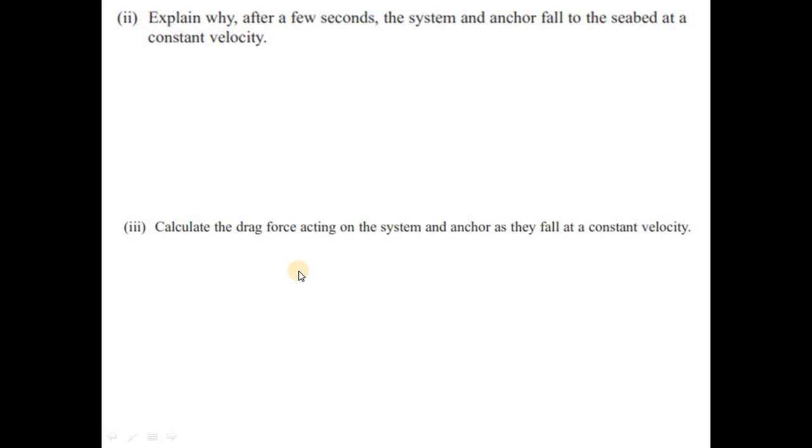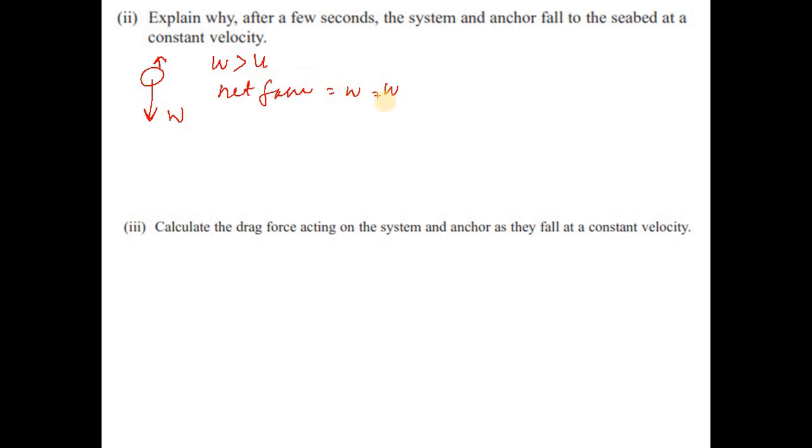Part 2, explain why after a few seconds the system and the anchor fall to the seabed at a constant velocity. Same reason, a most typical question of a fluid. Initially, weight is greater than upthrust, so we have net force acting downward, due to which initially the system is accelerating, but as it starts falling down due to increase in the velocity